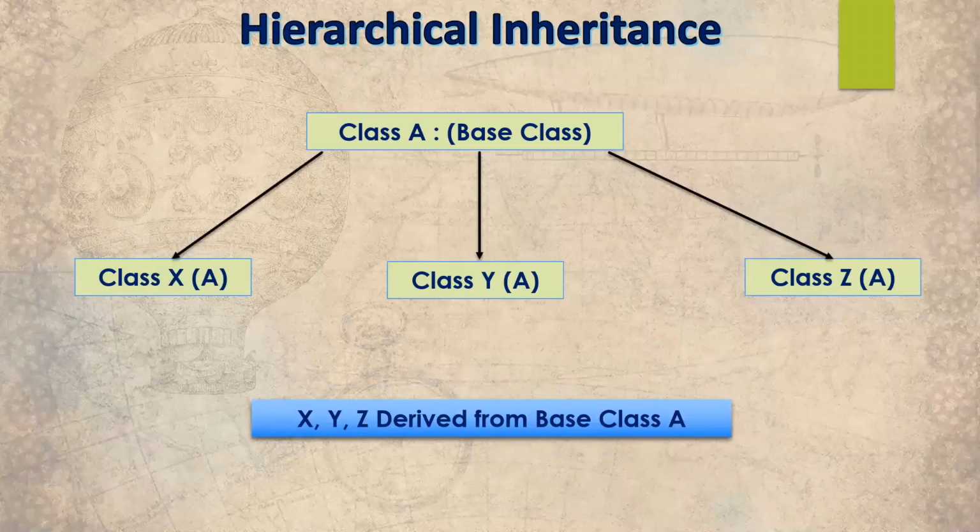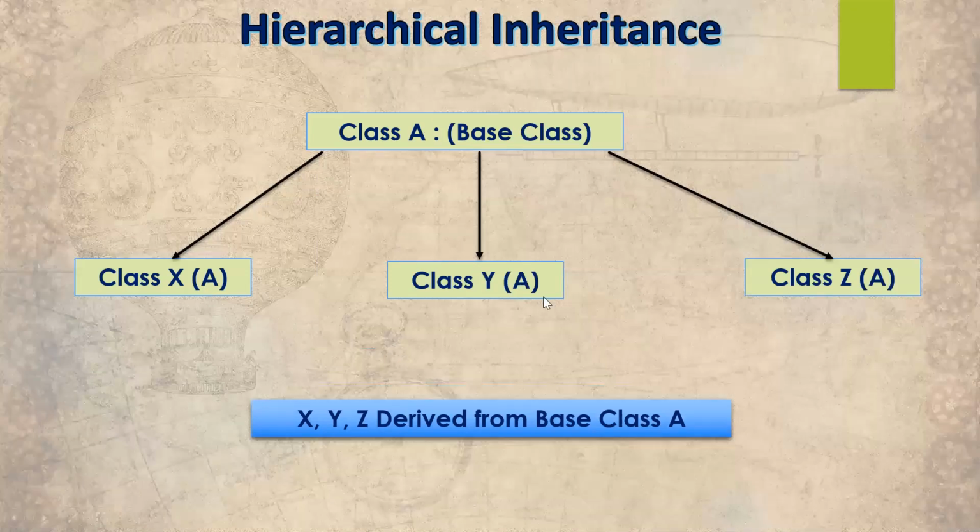So here, the concept of hierarchical inheritance. So when you have more than one derived class created from a single base class, it means we are applying the hierarchical inheritance. In this inheritance, you will have a class which is base class, let's say class A. And here I'm going to create another class, class X, and the same I'm going to use all the properties of your base class, which is A. Another class I'm going to create, which is class Y.